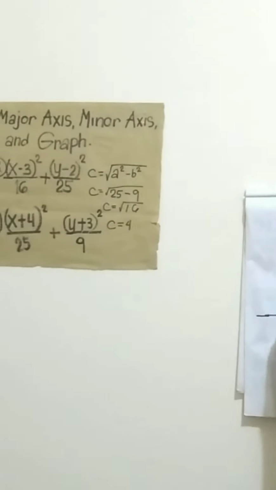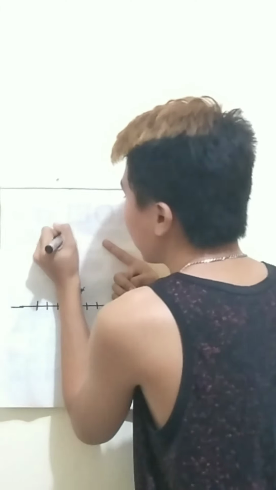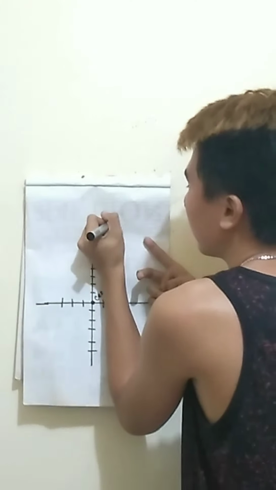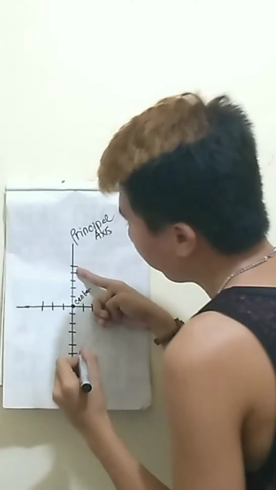foci. So, that means the foci lie along the major axis, on the principal axis. Isn't it that the 5 is our major